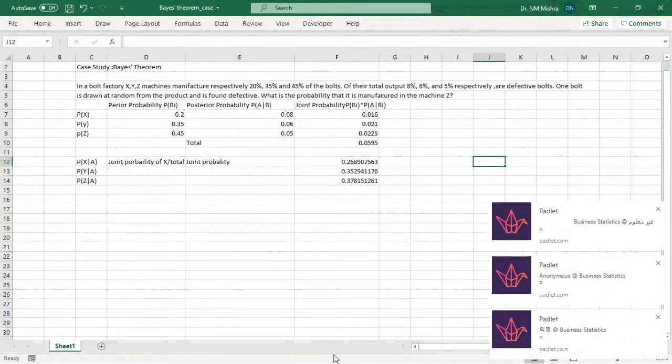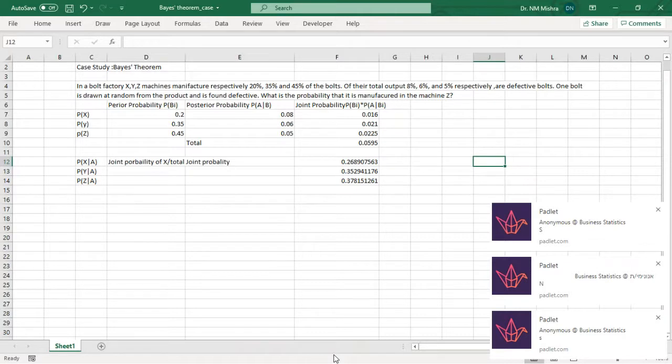Case study. This is the application of the different types of probability you have already learned: simple probability, marginal probability, joint probability, addition probability, multiplication probability, and also conditional probability, mutually exclusive events and collectively exhaustive events. All the things you have learned today. And on the basis of that, there is a case study, and